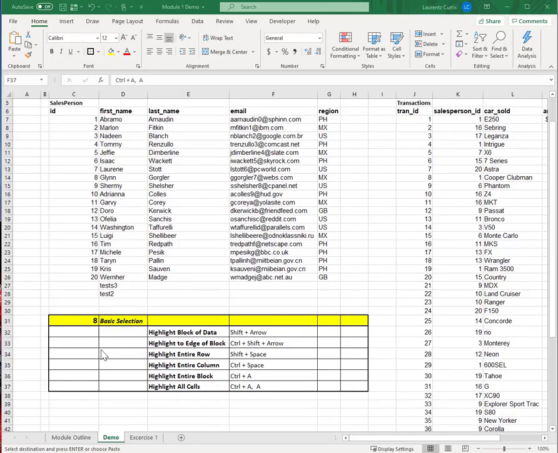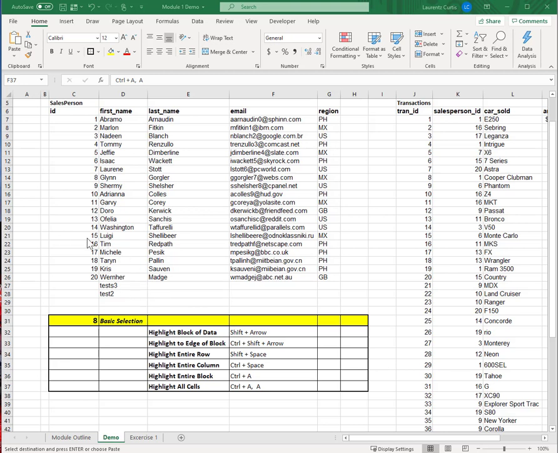Let's discuss the basic selection commands in Excel. And you know, some of this stuff I just showed you, but it's important, so I'm going to show you again. A lot of learning shortcuts is about repetition and practicing the shortcuts. Sometimes it seems a little boring, but it's really going to pay off when it's second nature, just hitting those keys while you focus on the work you're trying to accomplish. So anyway,